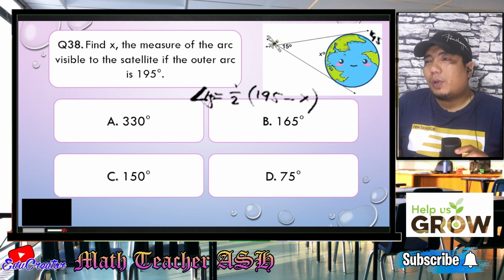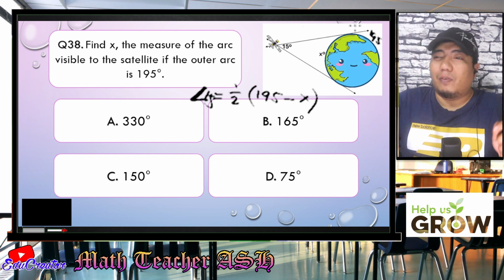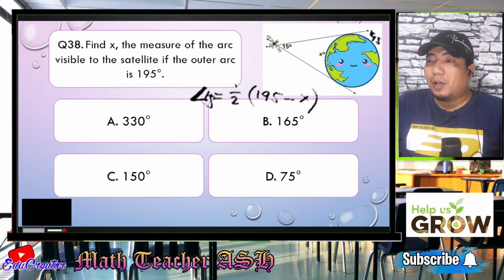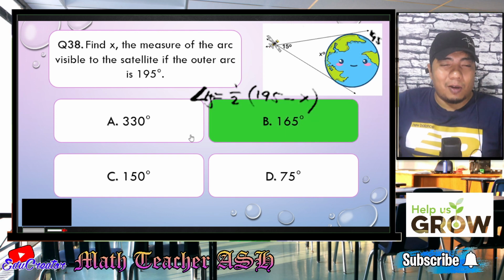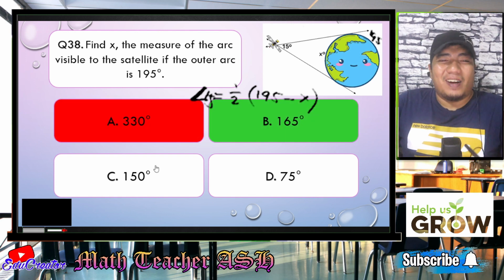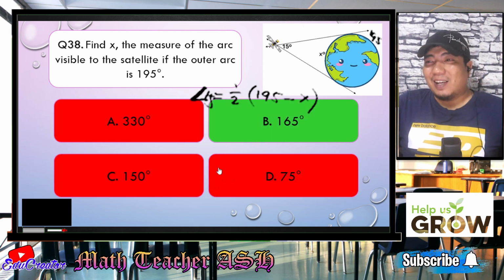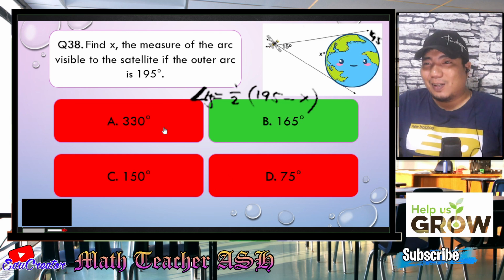All right, so by doing so, if this is a whole circle, this is 195. So what is needed by 195 in order to become what? 360 degrees. So therefore, we just need letter B, 165 degrees. So letter B is the correct answer for this question. Okay. Easy, right? Very easy, my dear math learners. So we had just applied a trick in solving that one.